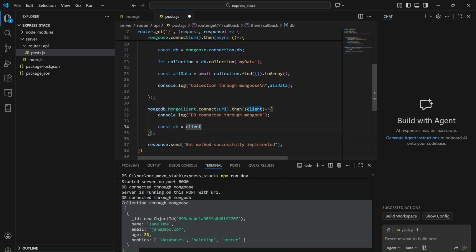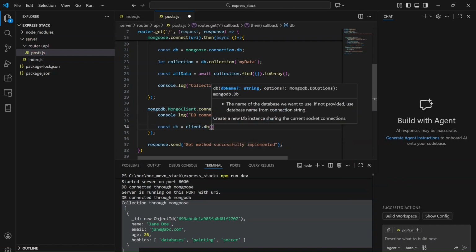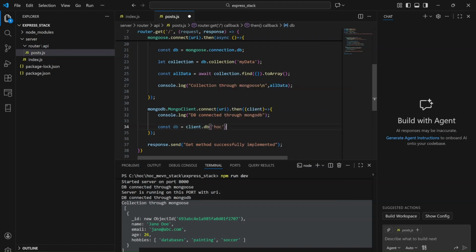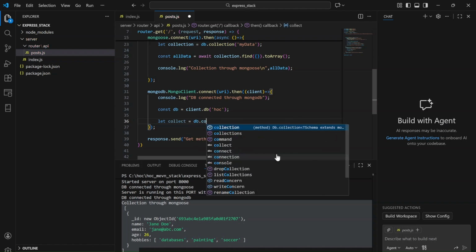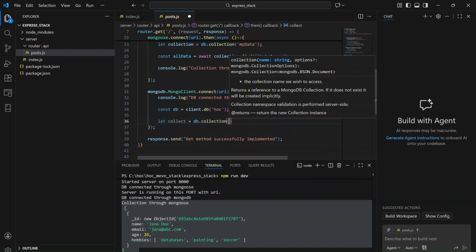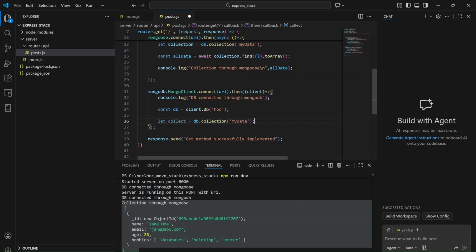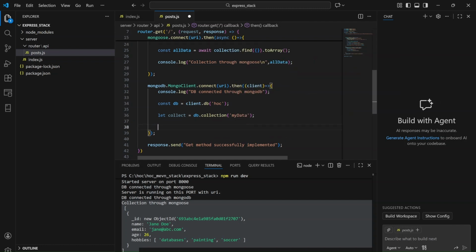So once I have the client, I just need to mention the DB, that is HOCDB. So once I have the DB, I'll simply have a collection over here, and let me give it the name collect only for now. db.collection, and then simply give the collection name. Once I have it,